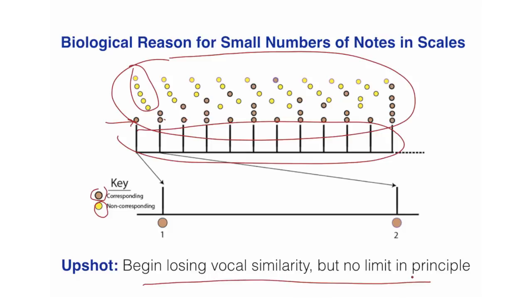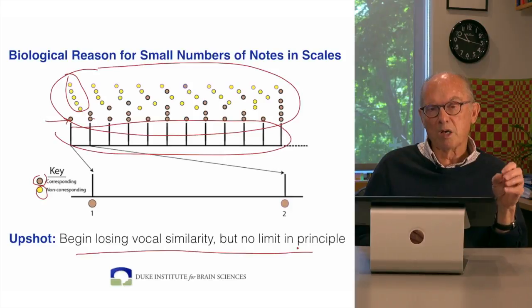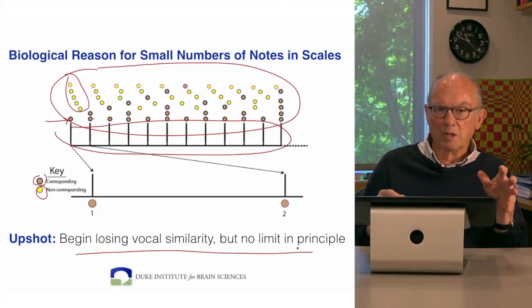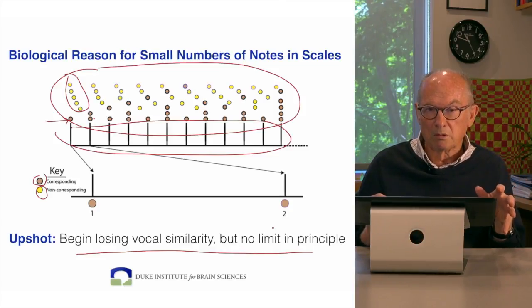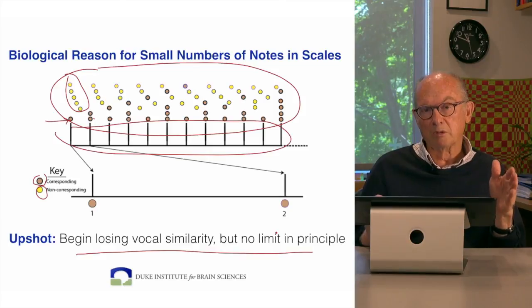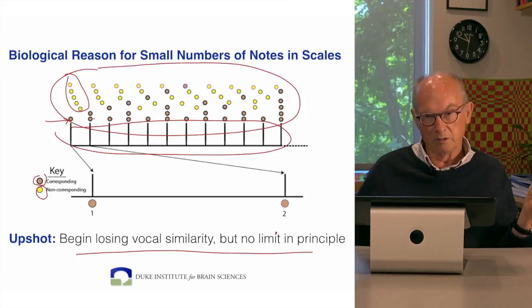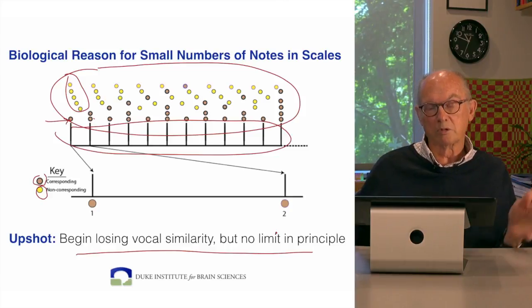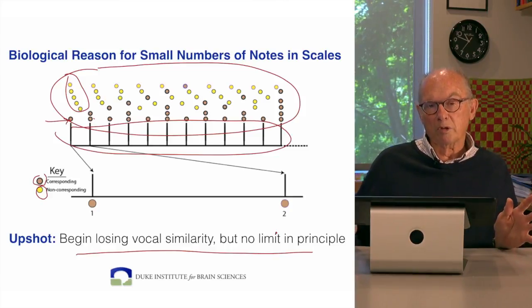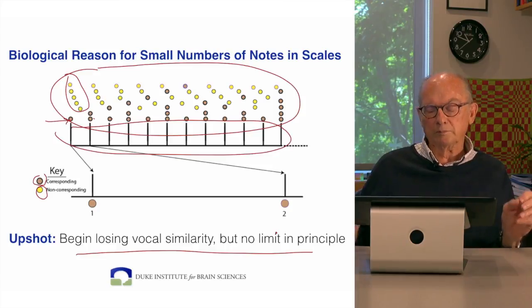So the more notes that you introduce into a scale, the more you reduce the vocal similarity, and the more the scale begins to lose its ability to signify human vocalization. So there's no limit in principle to the number of notes that you can introduce into a scale. And different composers have tried to introduce large numbers of notes in scales. There's a 31 note scale, there's an 81 note scale that people have tried to use,